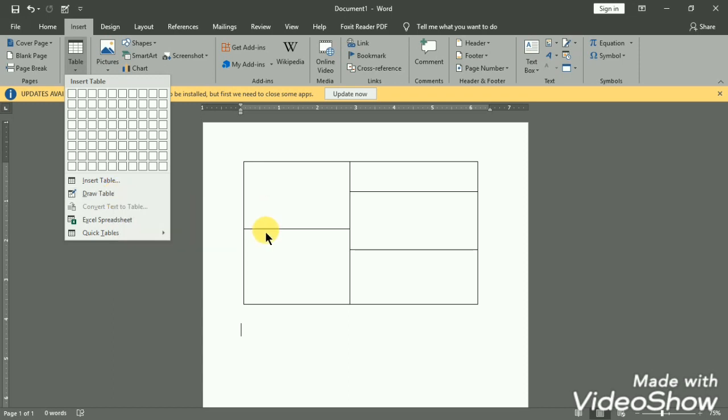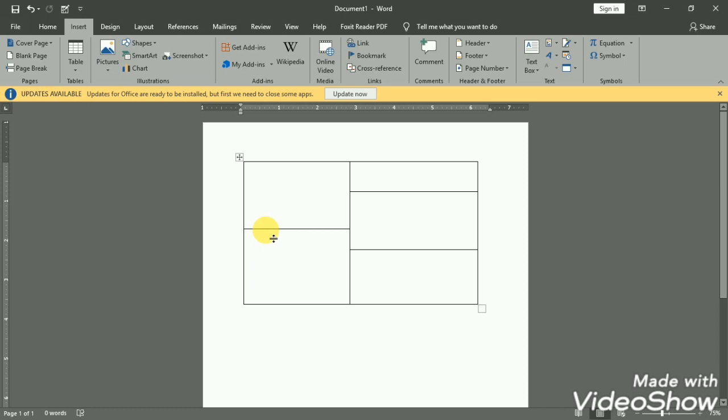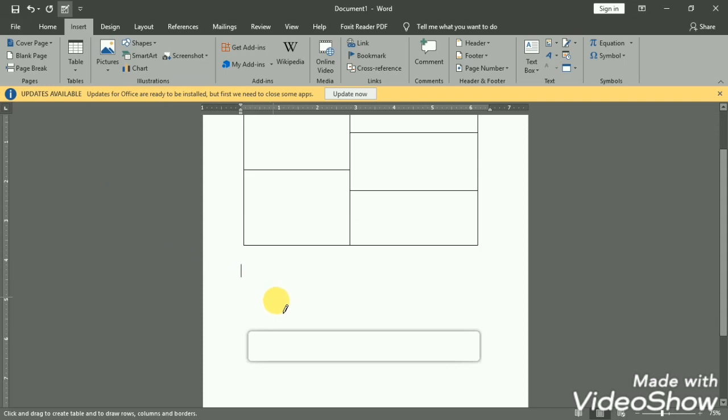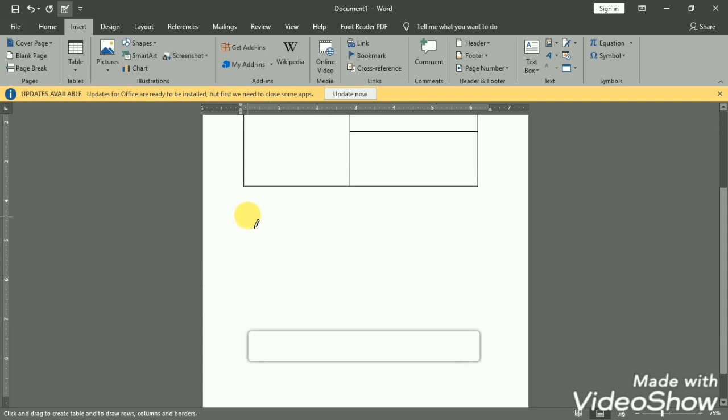And when we select this draw table, our cursor pointer will change into the pencil symbol, and we can just click and drag the mouse so that we can draw the table.